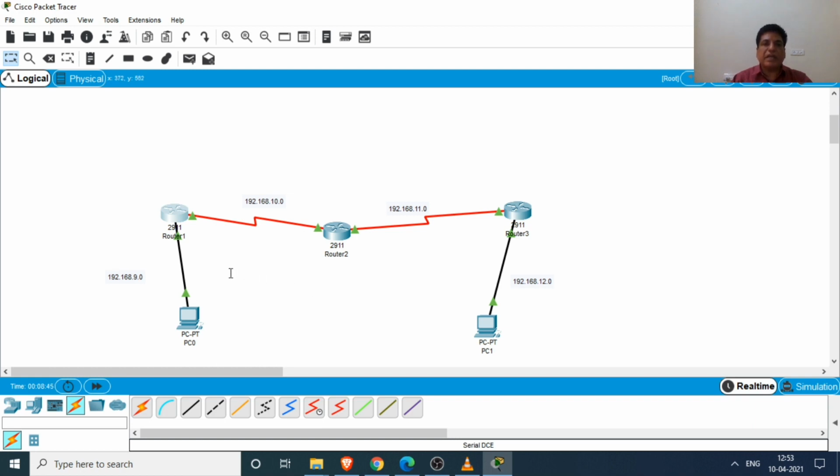Now we configure the EIGRP protocol for this network.